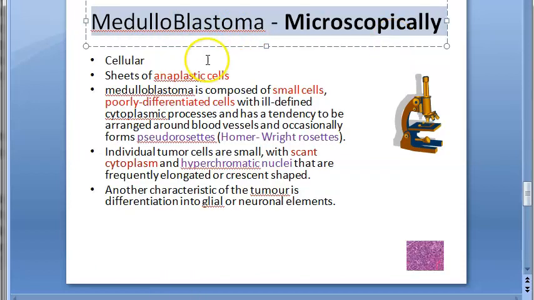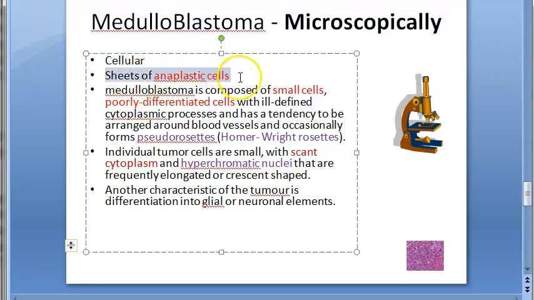So medulloblastoma microscopically will be cellular, and sheets of anaplastic cells will be there. A lot of anaplastic, meaning poorly differentiated, cells will be there. These cells will be small. They'll have very little cytoplasm and hyperchromatic nuclei, which are obviously standard features of a malignant cell. Scant cytoplasm, small cell, poorly differentiated it will be. And there will be